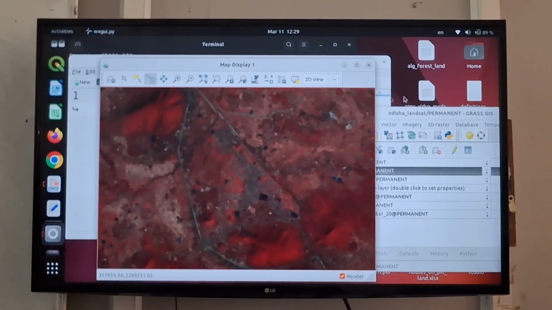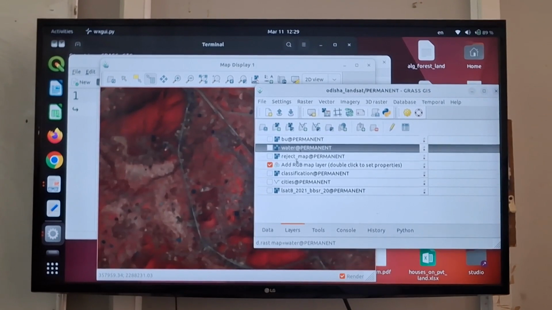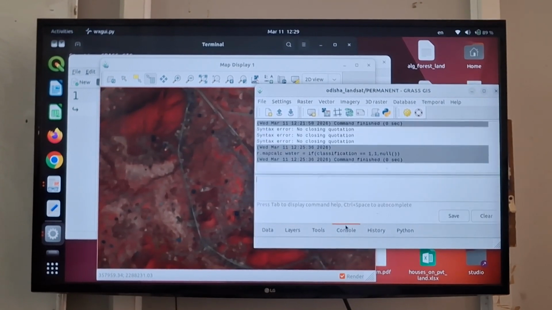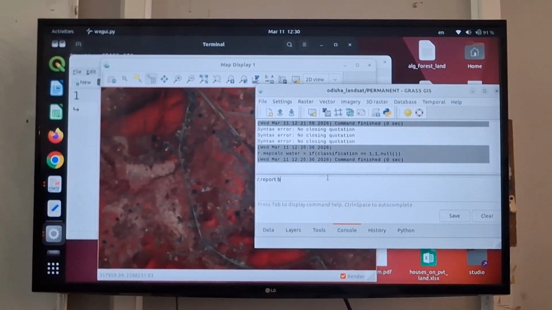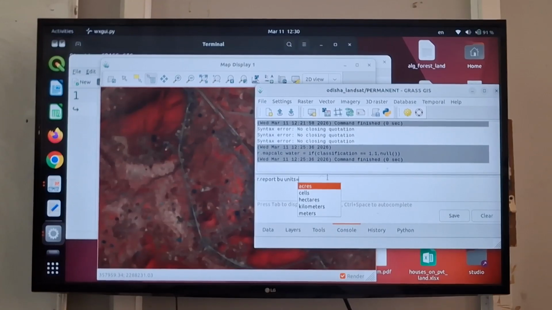But what is the fun of this now? Now let's say, अभी मैंने एक बनाया था, assume that my built-up calculation is correct. I've done supervised this and that. मैंने एक layer बनाया था BU, और मैंने एक layer बनाया water. Now I will do a command r.report, and I will put the name of the map BU. And then I will write units. You don't have to do it now, just see here. In units, I will just write